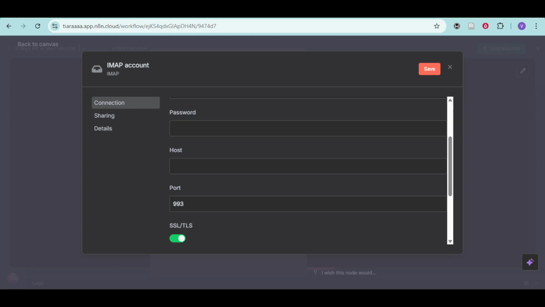You can also use password authentication if you want, and then troubleshoot if there's actually any problem that's happening with your